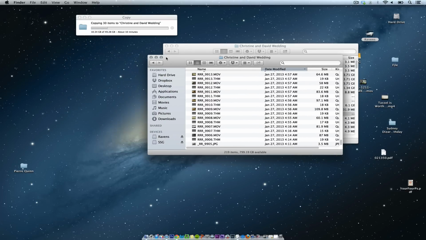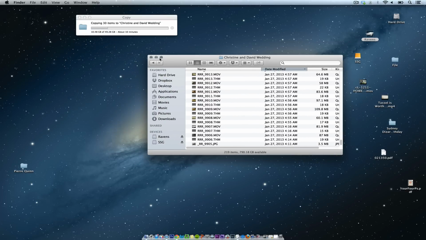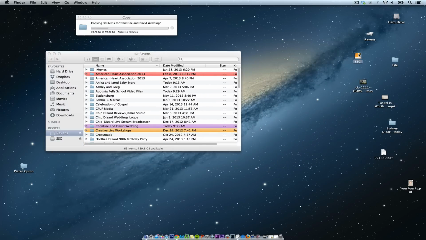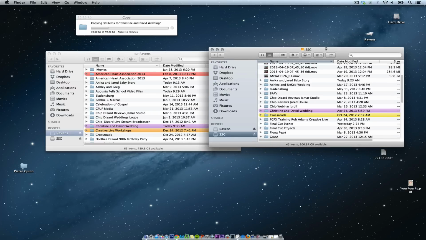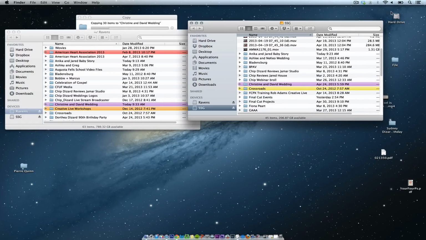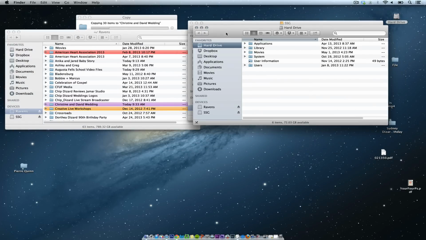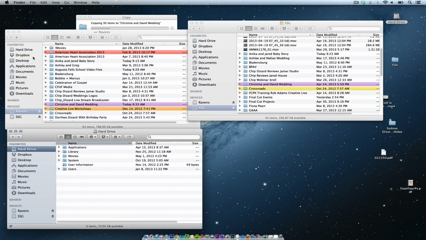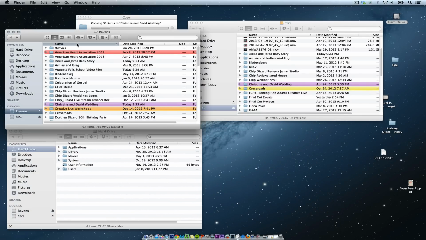I wanted to just show you some workflow with Final Cut Pro 10. So you have multiple drives hooked up to Final Cut Pro 10, and let's open up a new Finder window. I have this hard drive right here, that hard drive right here, and then my main hard drive. We're going to go through all three of these real quickly and see where your render files are kept